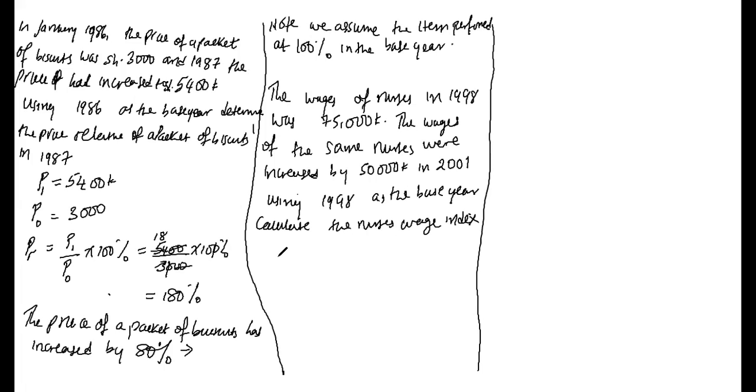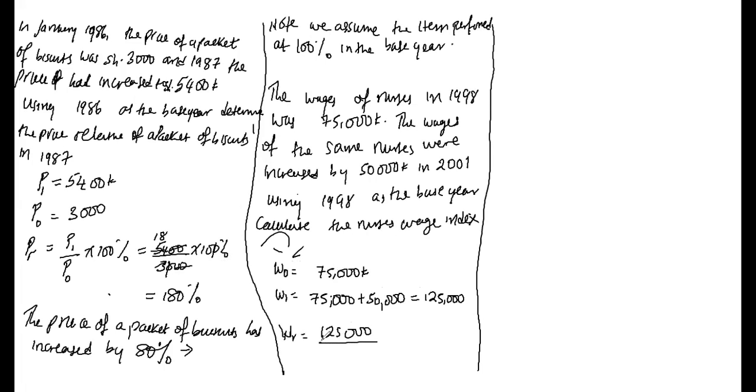Okay, now let's answer our question. We have the wage in the base year, which was 75,000. The wage in the current year has increased by what? They have said it has increased by 50,000. So you add on 50. Now the new wage is 125,000. So the wage relative shall be 125,000 divided by